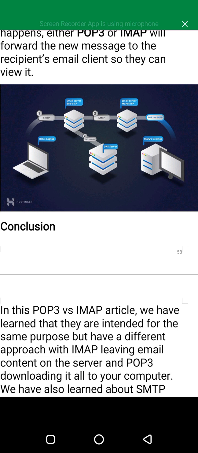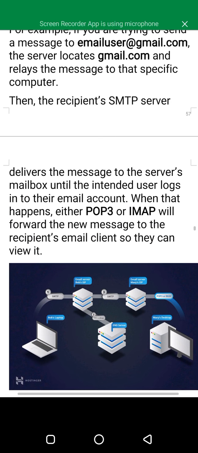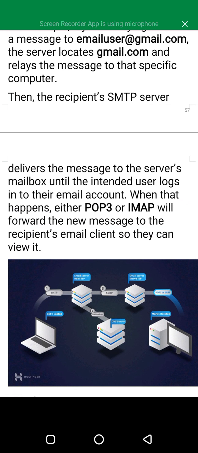So, Bob's laptop. Bob sends the message via SMTP, as you can see from Bob's laptop. The message reaches the email server of Bob's internet service provider.